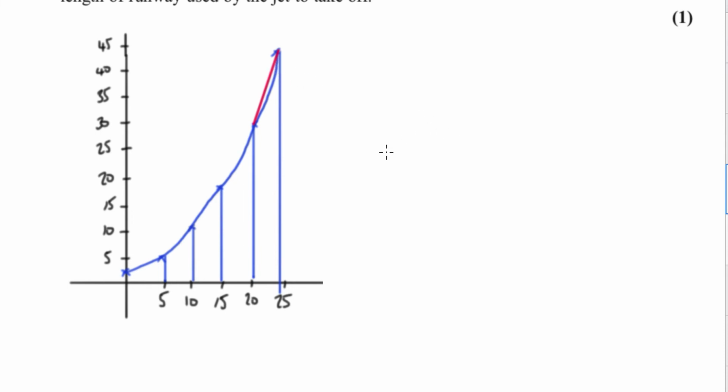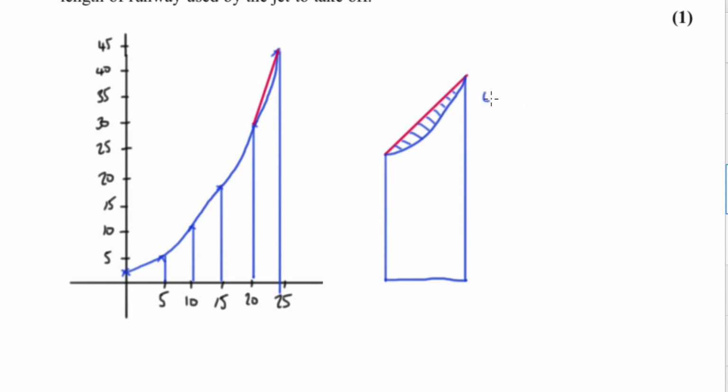So if you look at this, if I kind of zoom in on this part, we want the area enclosed by the blue lines, but we've actually added on this area here. We shouldn't have this area, but we have included it when we pretended that this was a trapezium. So the answer is that it's an overestimate